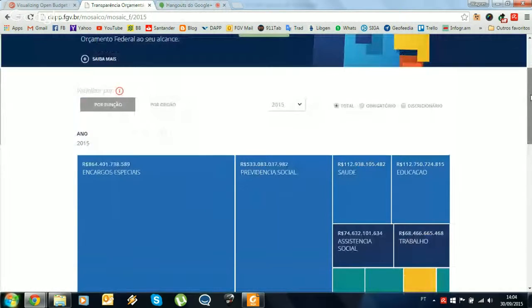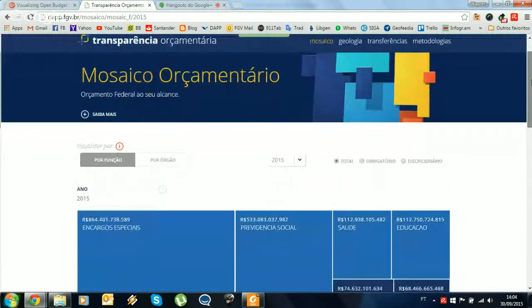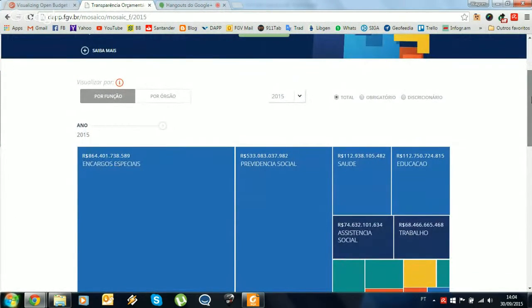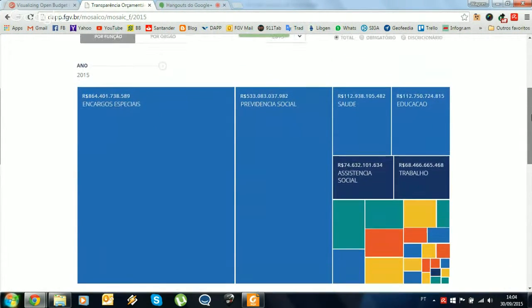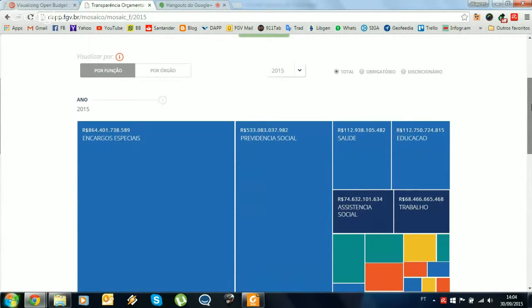Okay, so this is what we call the Budgetary Mosaic. What we have here is a distribution of the public budget in what we call functions. Functions tell how this money is employed, not necessarily where it is employed, but with what reason, we would say.